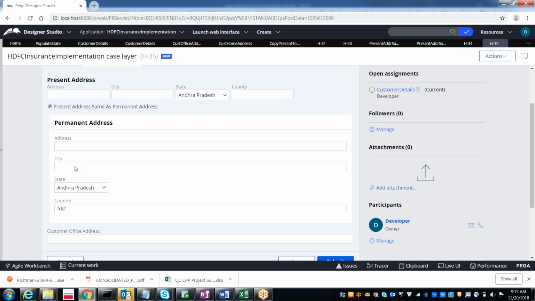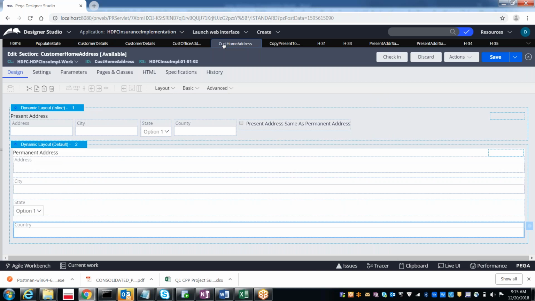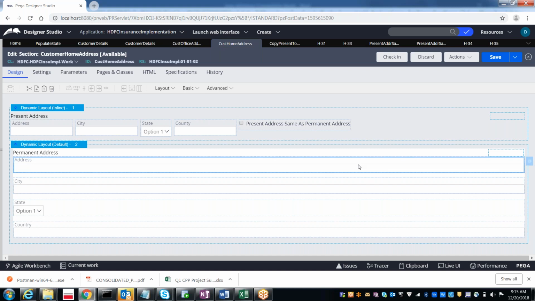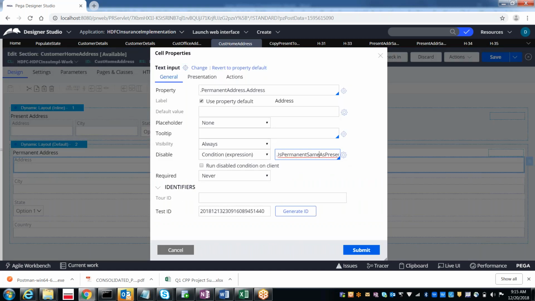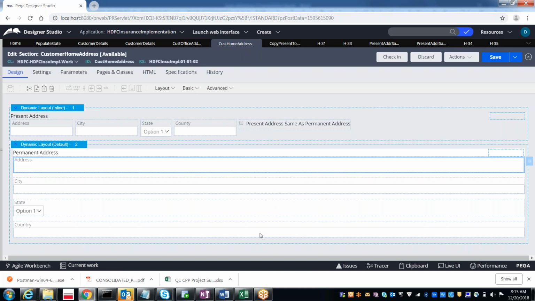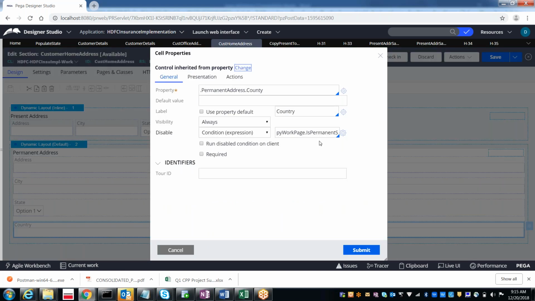Not working. Let me see this again. So press the down arrow, you can see py work page.